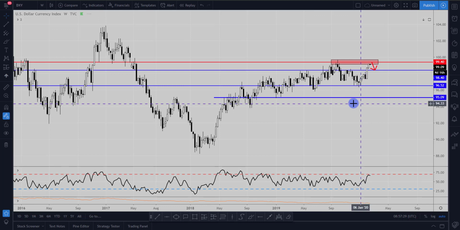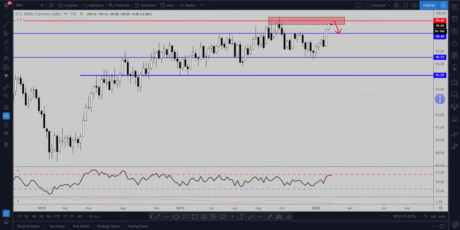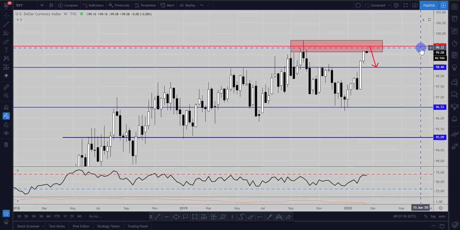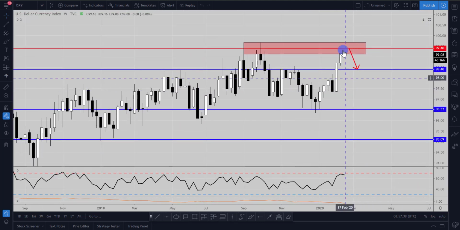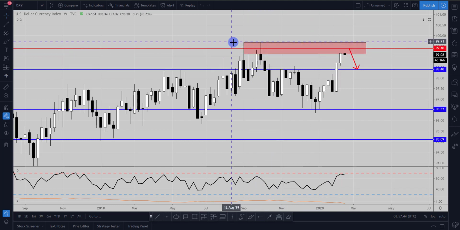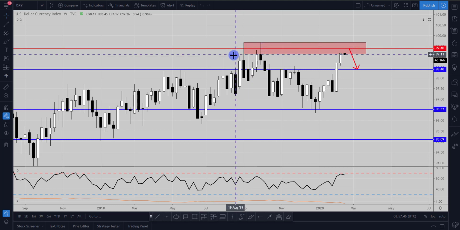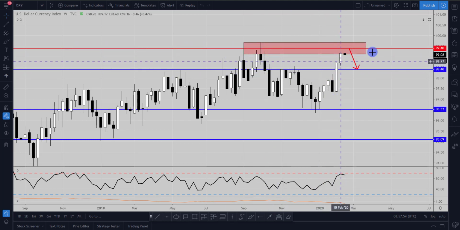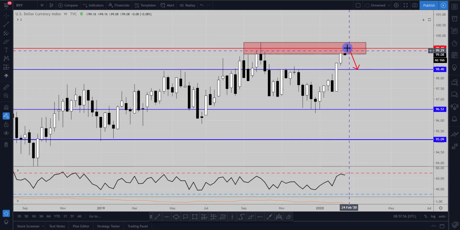Now, the US dollar index is a basket of currencies against the US dollar, typically showing us the strength of that US dollar, and we can see that on the weekly time frame we have now come into this key resistance zone between 99.70 and the closes here around about 99.15. So the market's in this area, so I don't really want to be buying the US dollar anymore at